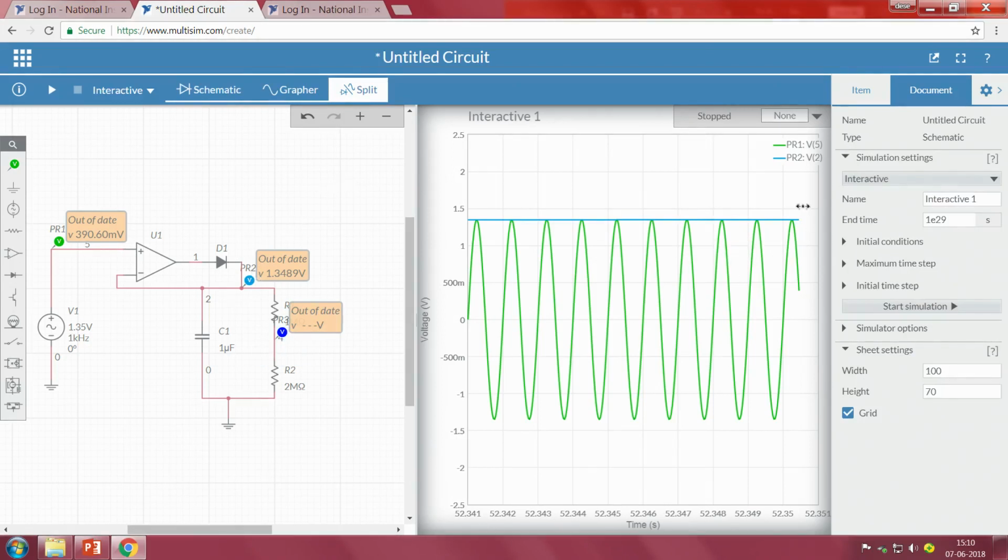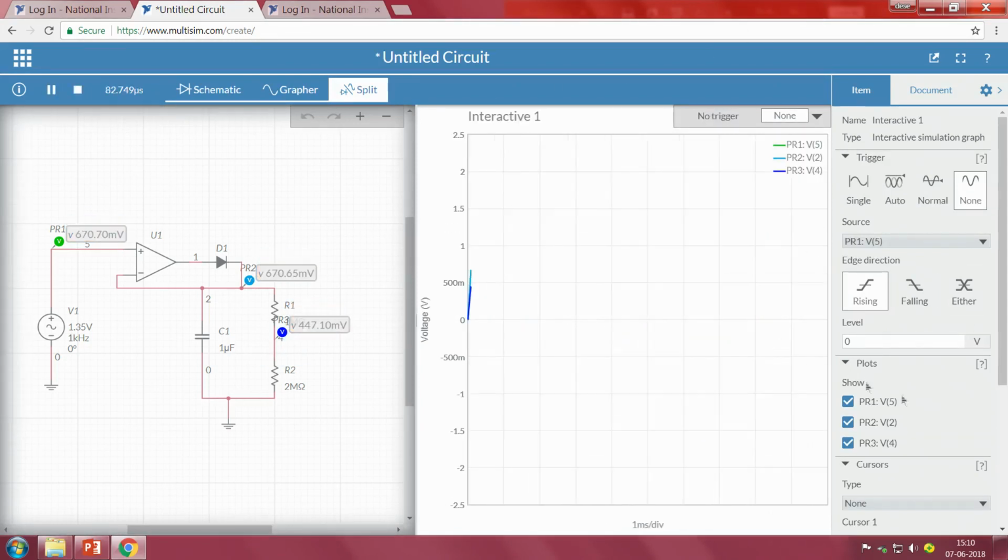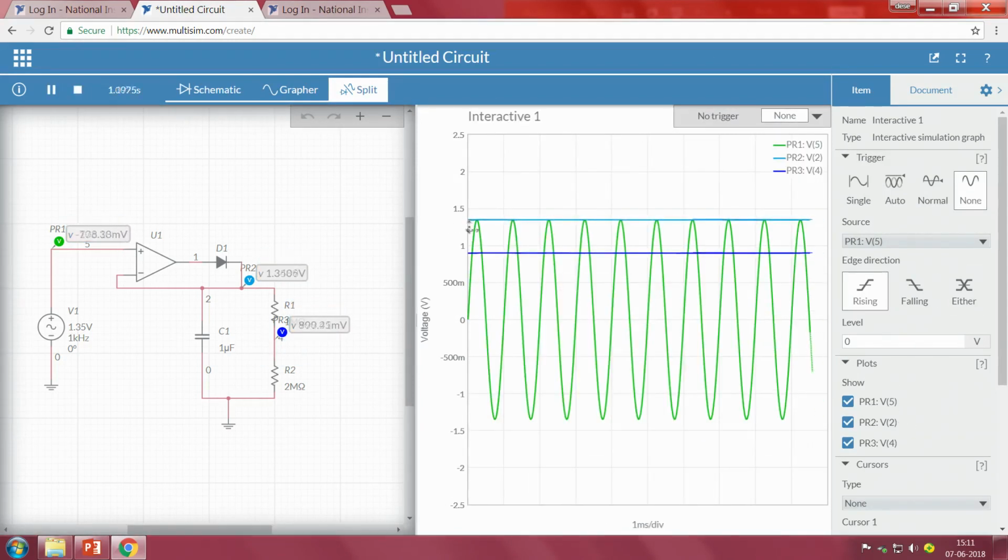So, let me run, and even if it is there, no problem for us. This indicates our output voltage at this particular point, and the violet color indicates the threshold, that is, the voltage at the junction or node point of both the resistors, 1 mega and 2 mega.